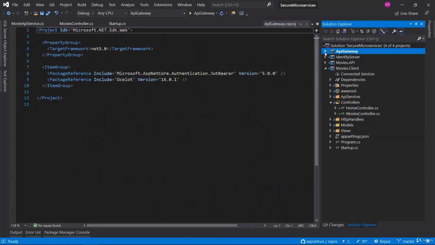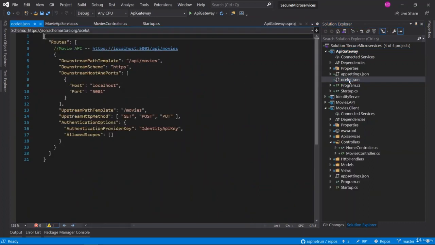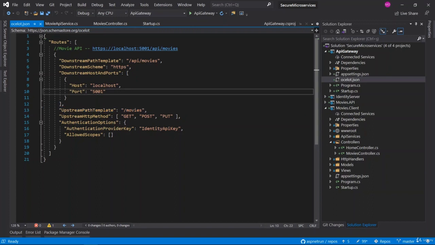We can verify the URL with the Ocelot JSON configuration. As you can see, once we hit our Ocelot JSON movies path, it will redirect us to 5001 and api/movies. That means it goes directly to the internal movies API project.